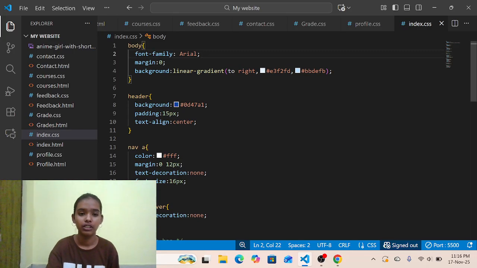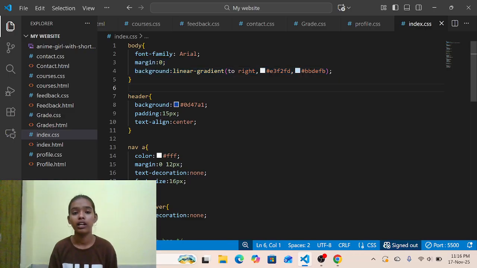Then margin. When we use margin, it applies space. I want zero space, that's why I'm using 0.